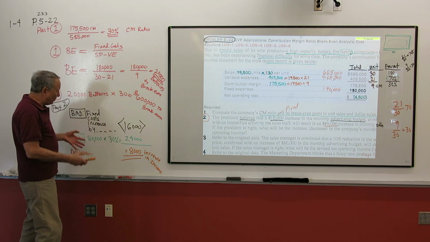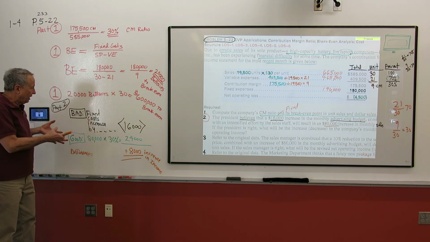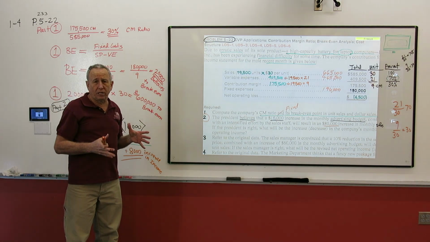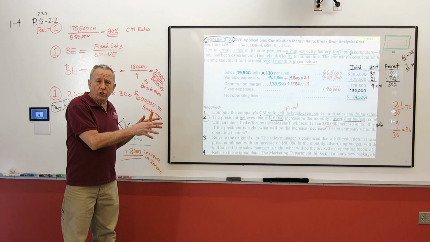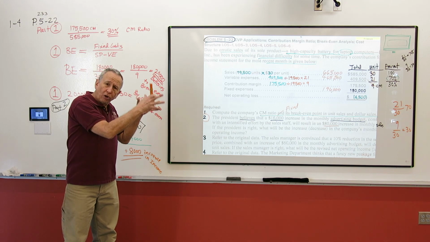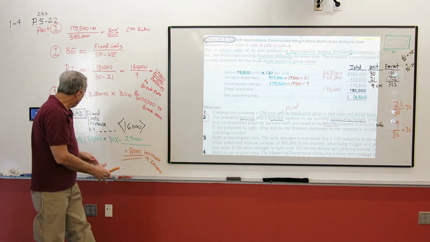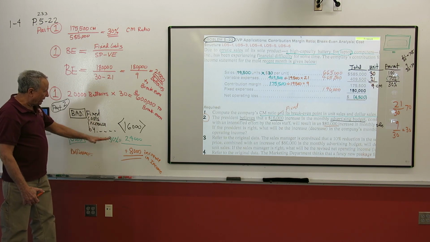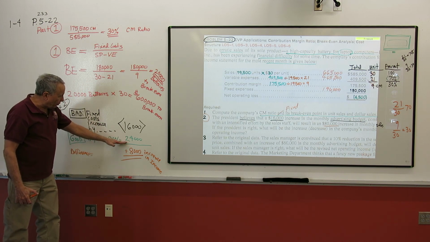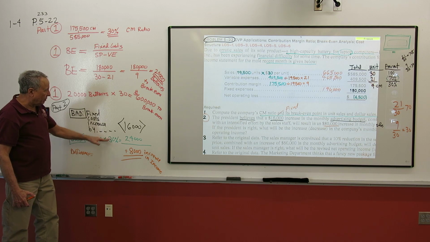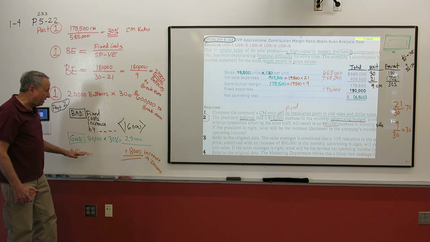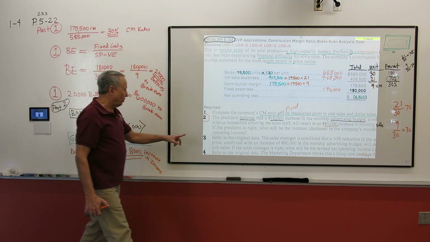Let's add them up. By the way, this is incremental analysis. I'm not going to recast the whole income statement. If you want to see the whole income statement recast, go to my notes on Moodle. The notes on Moodle show you the whole income statement recast. This is a shortcut. I think it's easier to do it this way. We know that $24,000 more in income, $16,000 in costs, we're ahead by $8,000. That's your increase in income. Now that's what they ask for, and that is the answer.